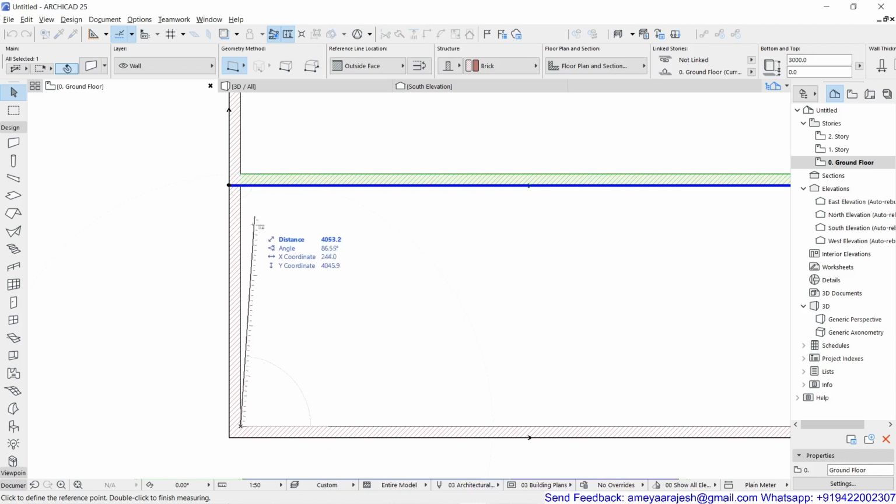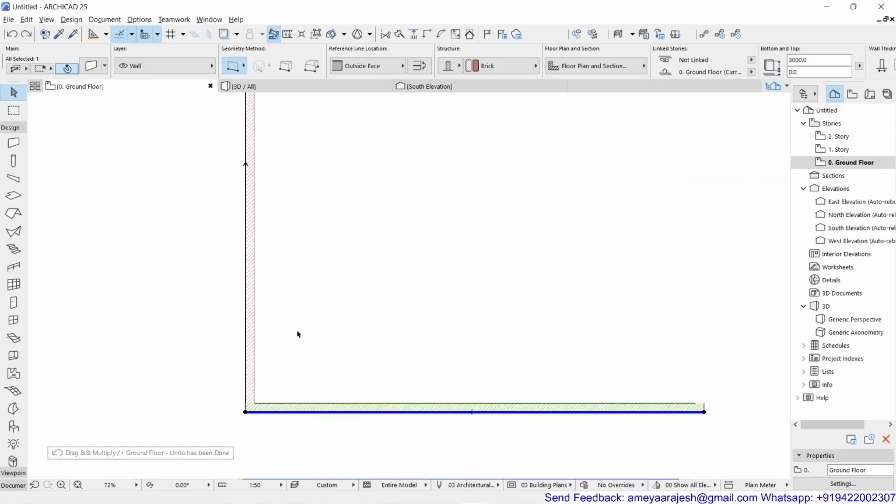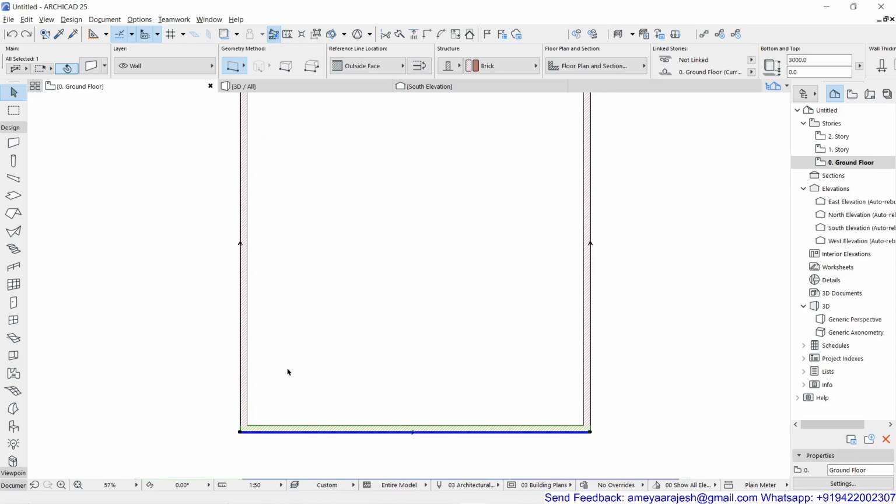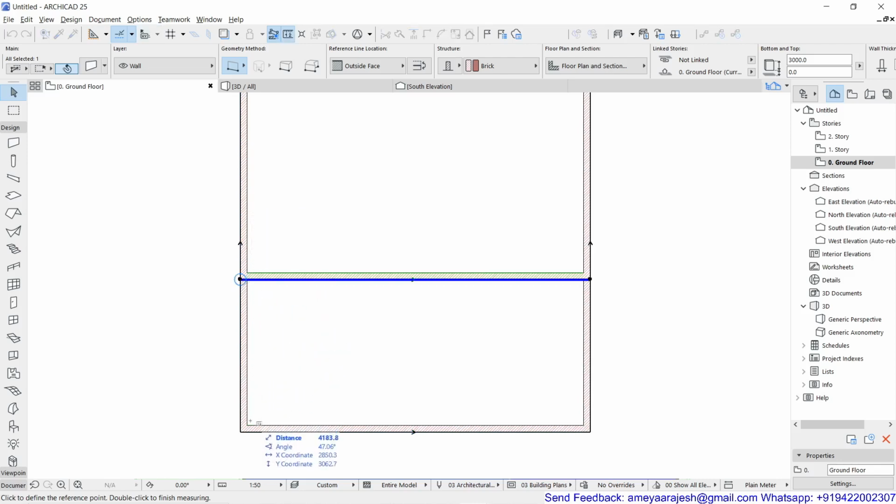Then you will say, okay, why not flip it or something? No, it's better to either move this now by 230 ahead, or otherwise, while giving the drag command itself, that is drag a copy, Control Shift T, you should try to use the actual option, the clear distance plus wall thickness. So it is 5230. Once I complete this, now if you check with the keyboard, this is what we have achieved.